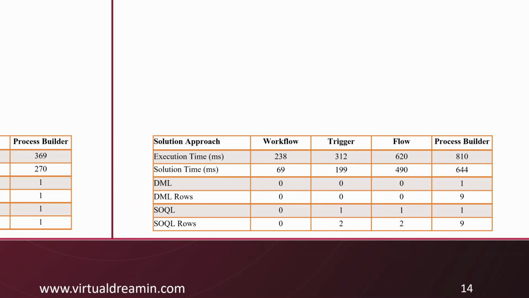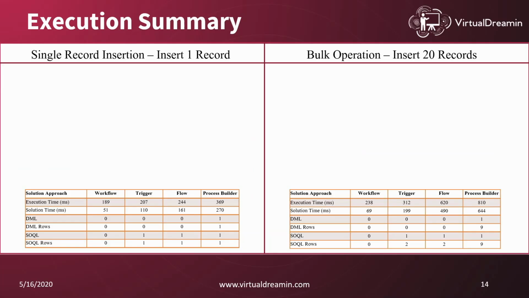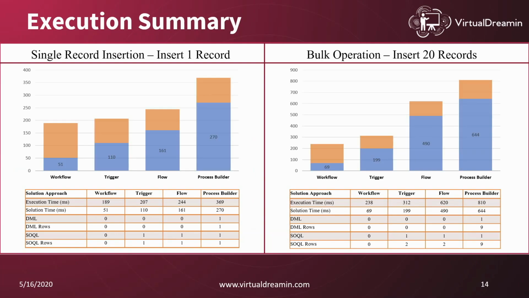Even if the process builder is bulkified, at the back end for bulk operations, the logic is executed for each record, and only at the end is it combining all the results and making them a single operation. So if you consider the transaction time and DML and SOQL, what might be consuming less time, or what might be our best solution? Definitely a workflow, right? Because it's consuming less time and it's not consuming any DML or SOQL statement.